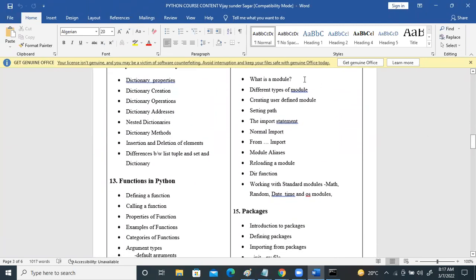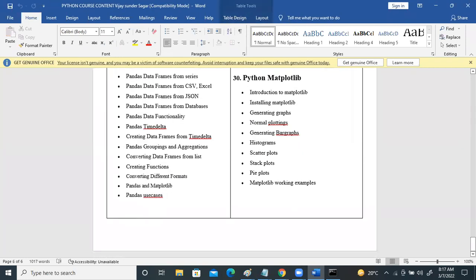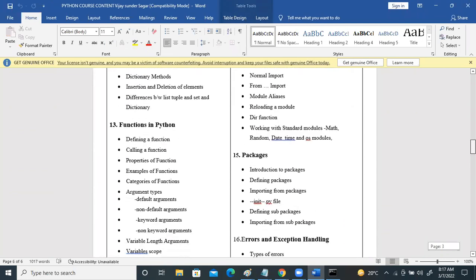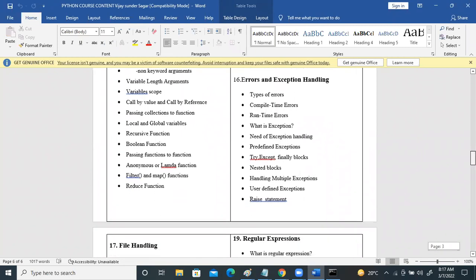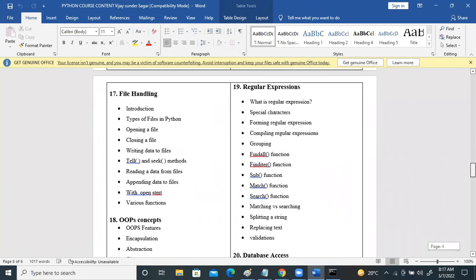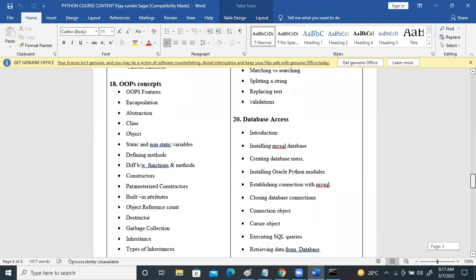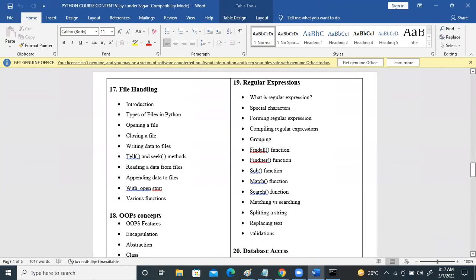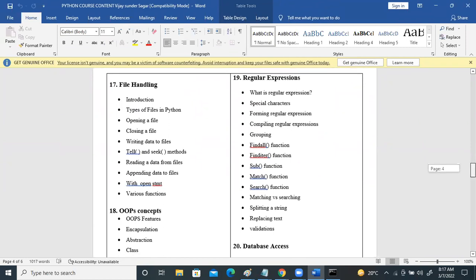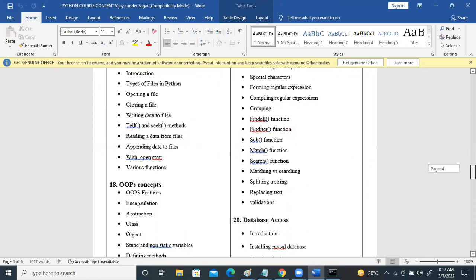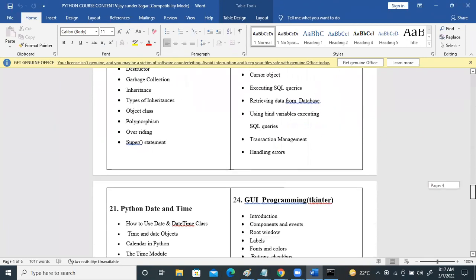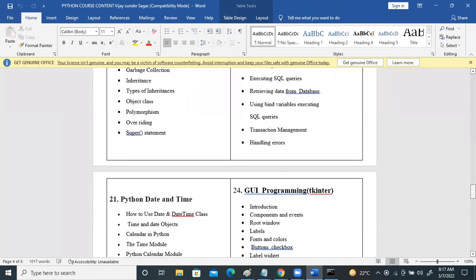Modules, like how to import them, different ways of importing, renaming a module, reloading a module, right? Packages in Python, errors and exceptions in Python, right? File handling in Python. Okay. Object-oriented programming concepts in brief, right? And the regular expressions in Python, database access in Python, how to install one database will be discussed, and how to connect with the database and perform various operations, transaction management, and different types of modules related to different domains,